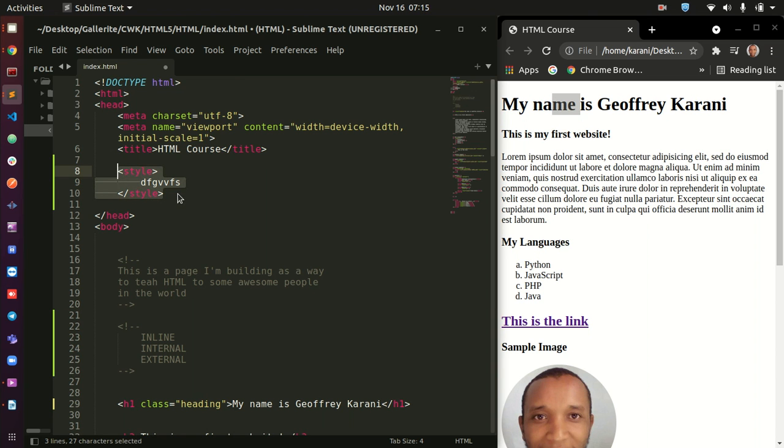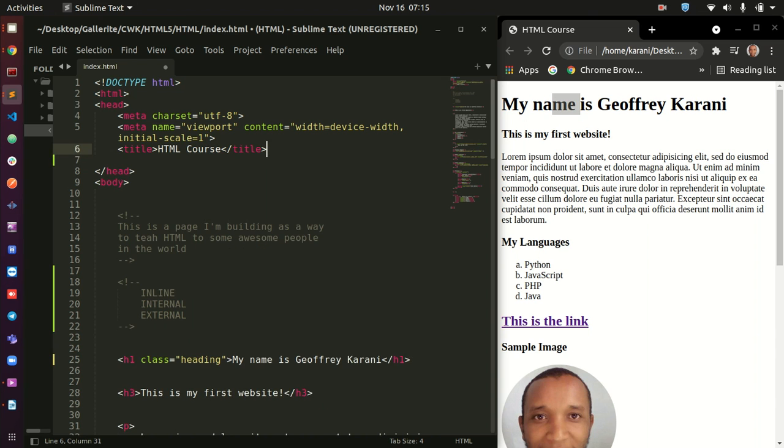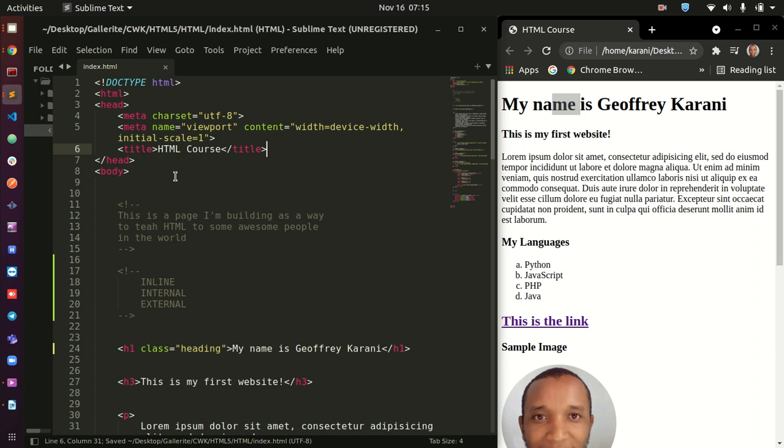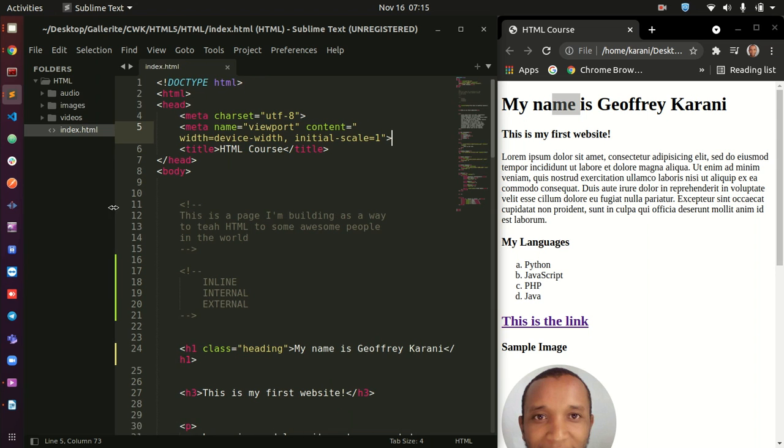So how about if I want to implement the same CSS on multiple pages? Like, for instance, give the background color of your website and stuff like that. Then that is why you need an external file that is going to handle your CSS. So let me create some space here.